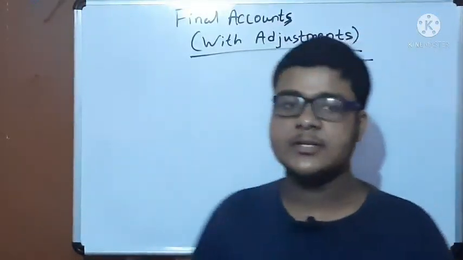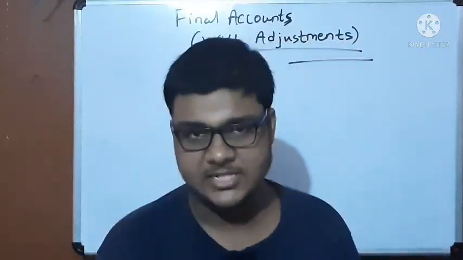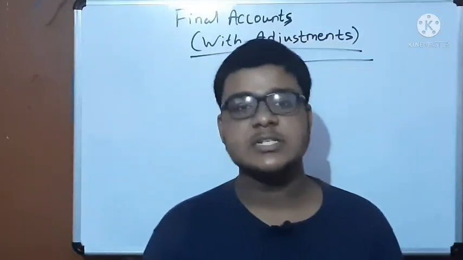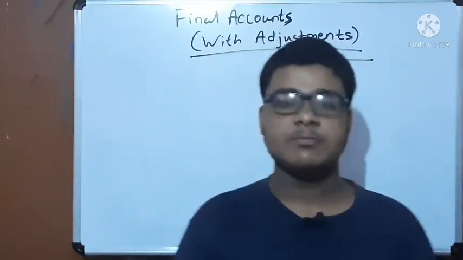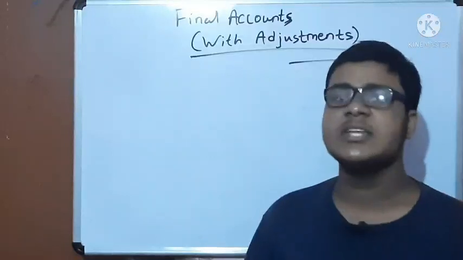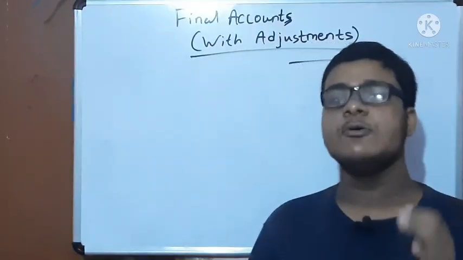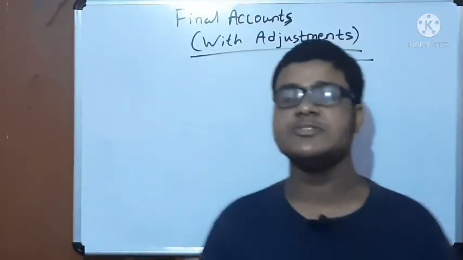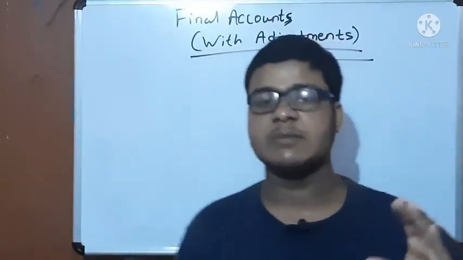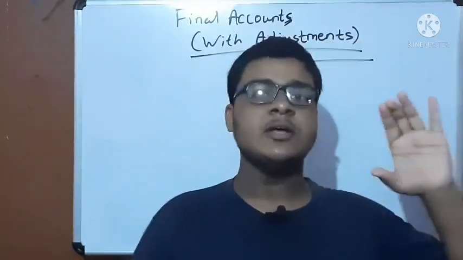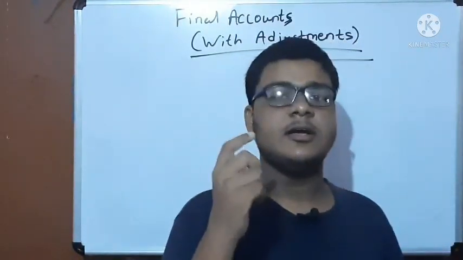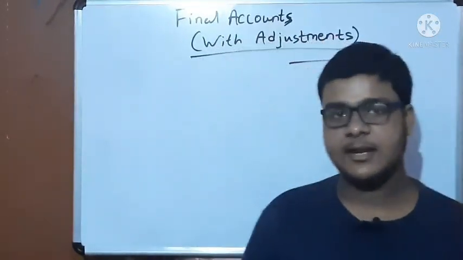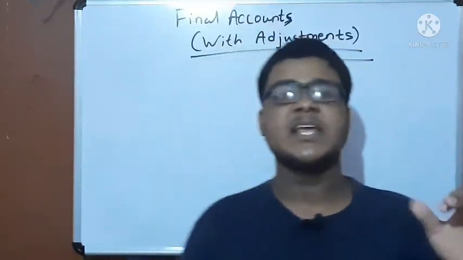Now comes the next phrase, that is with adjustment. In the previous classes, we have read without adjustment transactions and solved them with a practical example also. But what is with adjustment? With adjustment means something which is given below the main transactions, something which is given below the trial balance. In our first chapter we have some examples also. The examples contain the transactions which are inside the trial balance. All the transactions are inside the trial balance except the closing stock.